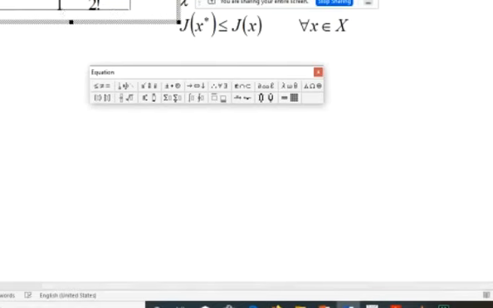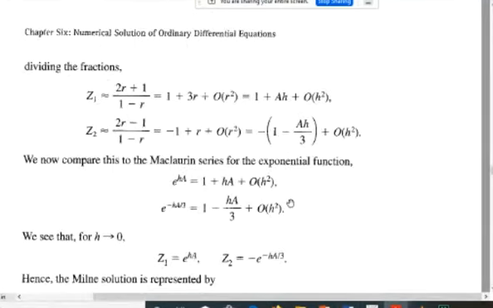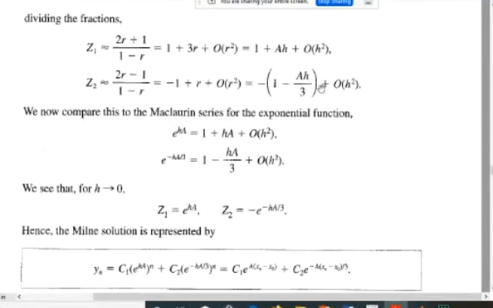The exponential function has a series, and based on this series we can get the